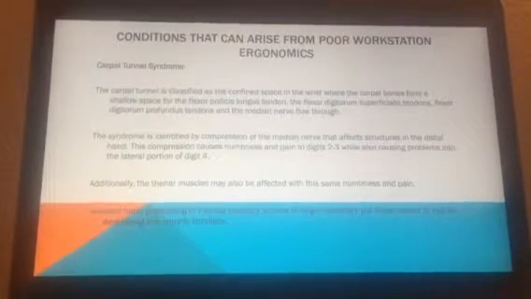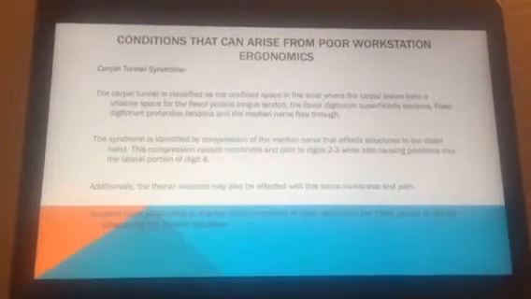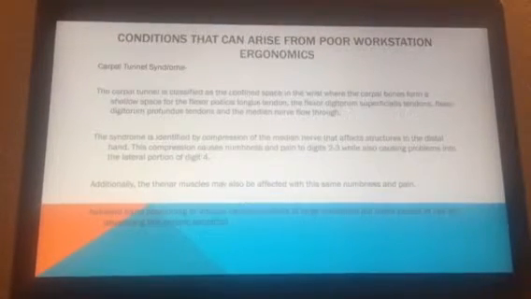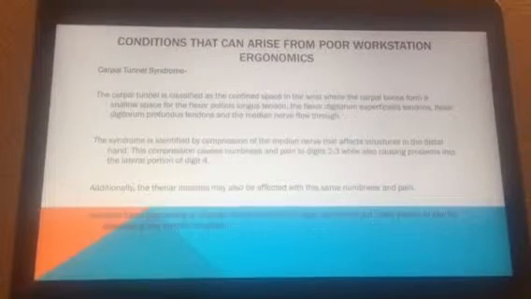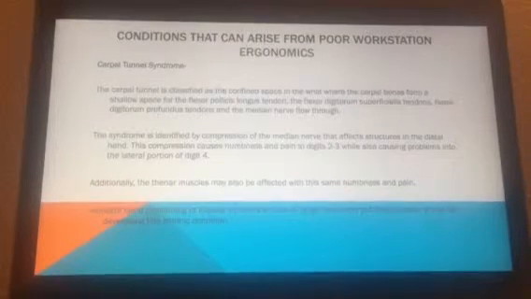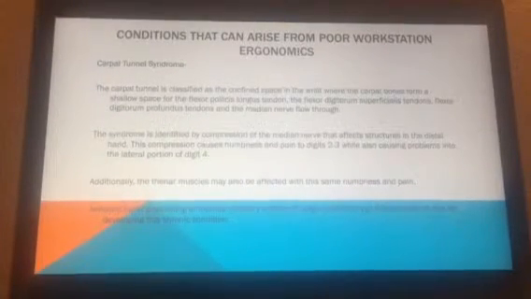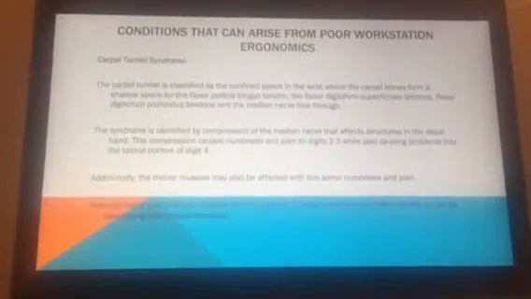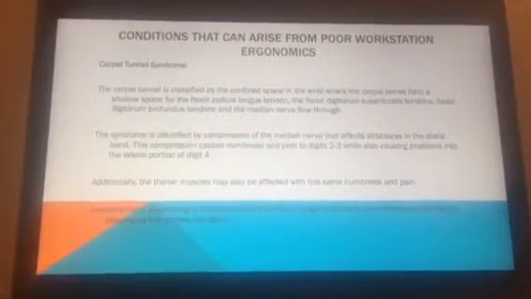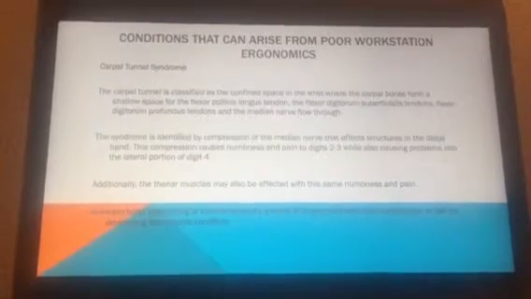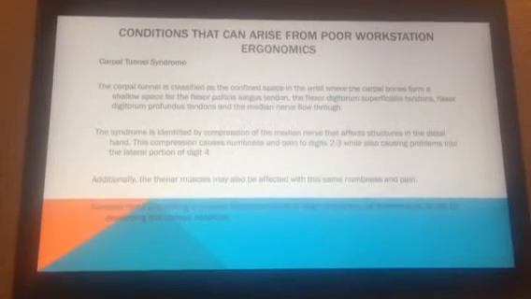So I want to start off with some conditions that may affect someone who has poor ergonomics in their workstation. The first one that comes to mind whenever someone thinks about this is carpal tunnel syndrome. I'm really just going to explain the carpal tunnel first. It's that part of the wrist where the carpal bones meet, and they form a shallow space where the tendons of a few muscles in the wrist are covered by a retinaculum, which is basically a tendon that covers those and gets tight when the wrist and hand is in full extension or is put through a lot of